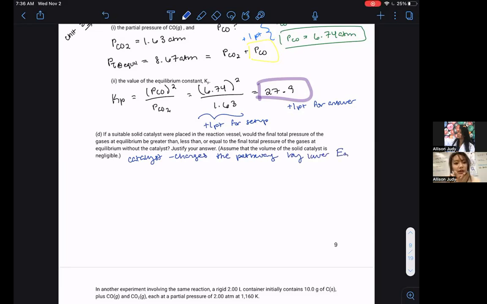Now we know, according to our notes, that Keq, the ratio between product and reactant in the Keq expression, is only changed in value by temperature. So understanding that, what we would say is that the answer is that the total pressure